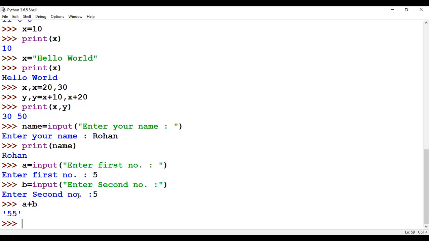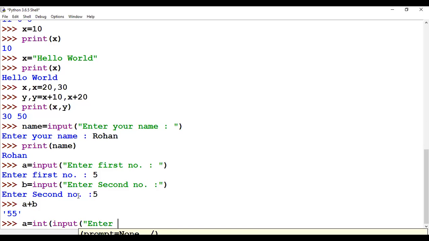So we need to convert this string value to an integer. How will we do it? A equals to int, int is a data type, used to convert any string type value to integer type.